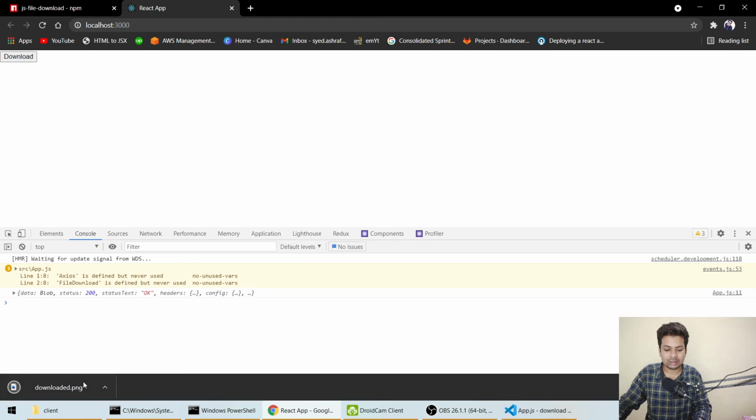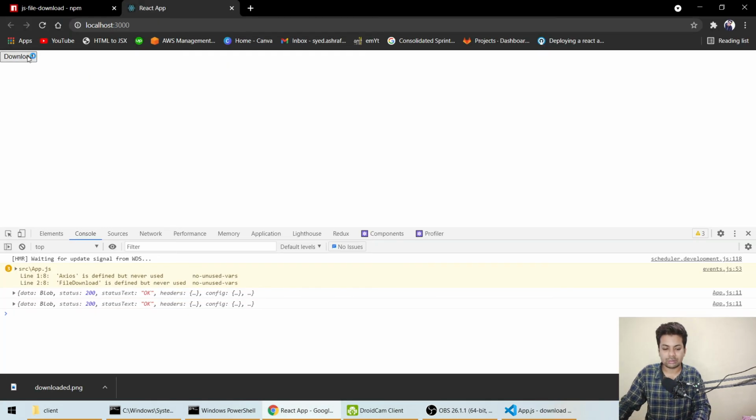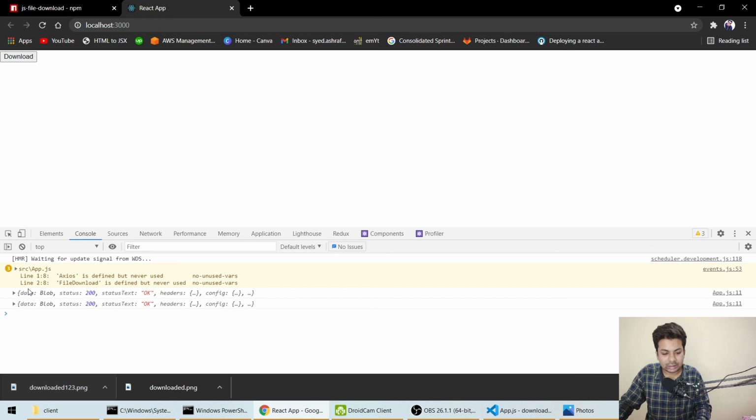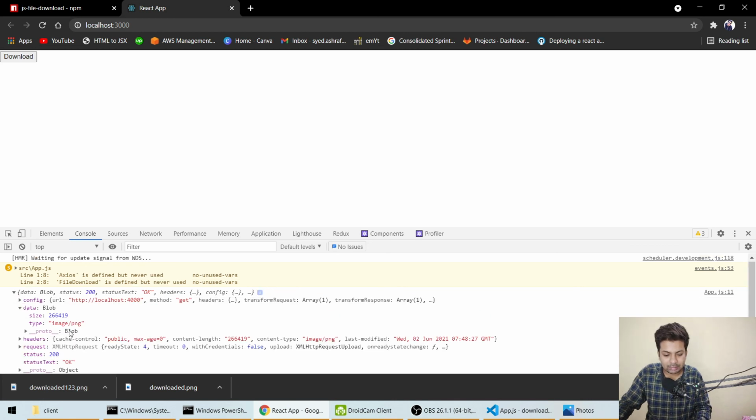Okay, see, the file got downloaded because we named it downloaded. If I name it downloaded123, save it, and go again, it downloads as downloaded123. You can see the file also, it's the same file. One more thing: this is the data we are getting, a blob of type image. We are just converting this data to the file download type. Okay, so that's the way you can do it. Thank you guys.